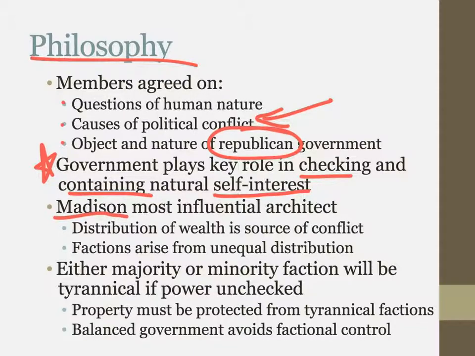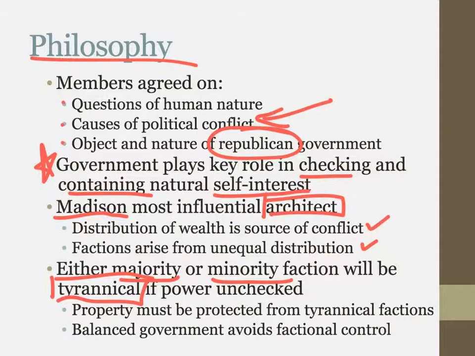James Madison becomes the most influential guy there. He is considered the father of the Constitution and the architect because he comes with a draft copy, and no other people really do. He's basing his ideas on two things. First of all, the distribution of wealth. That's the source of most conflict. And if you have unequal distribution, there are going to be factions that arise, mostly those who have and those who don't have. And if you have a minority or majority faction, then you have this possibility of tyranny,